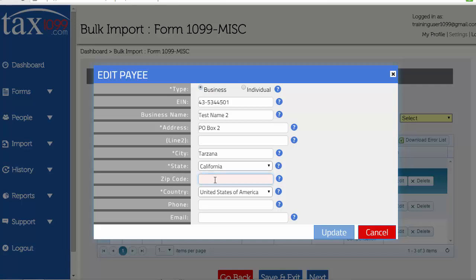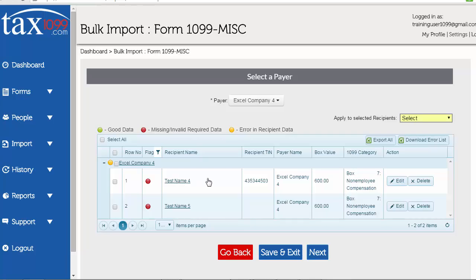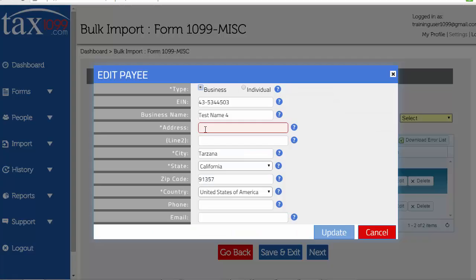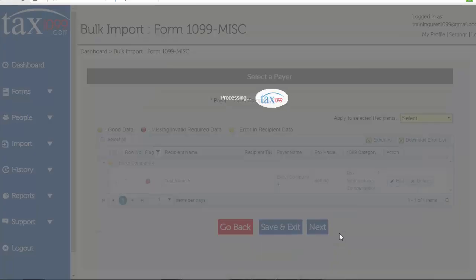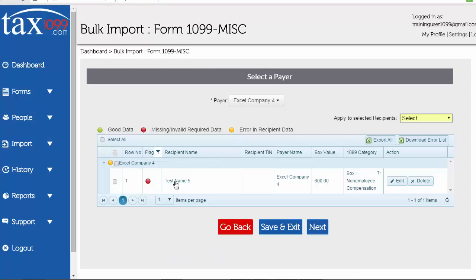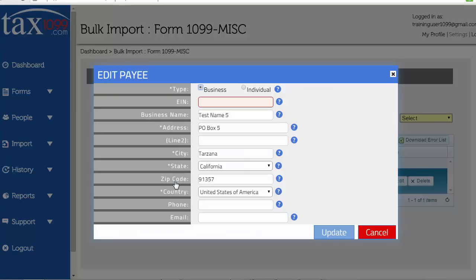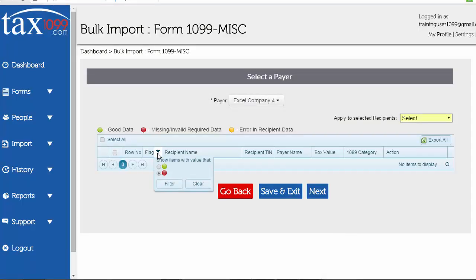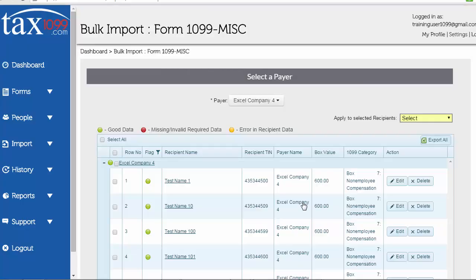Looks like we're missing the zip code here. I'll view the next record. We need address information. And our last error record. We're missing the EIN. And I'll click Update. I'll now remove our filter. Now we no longer have any errors,